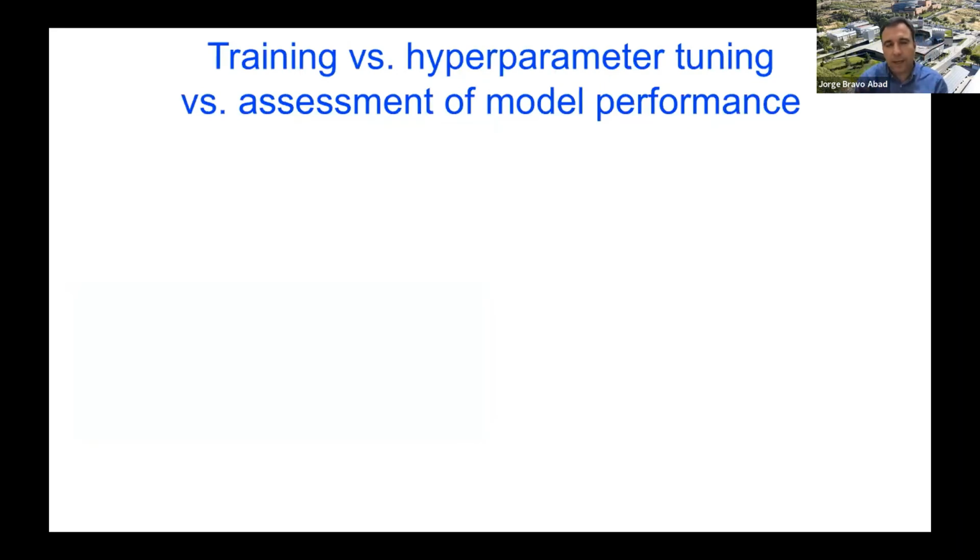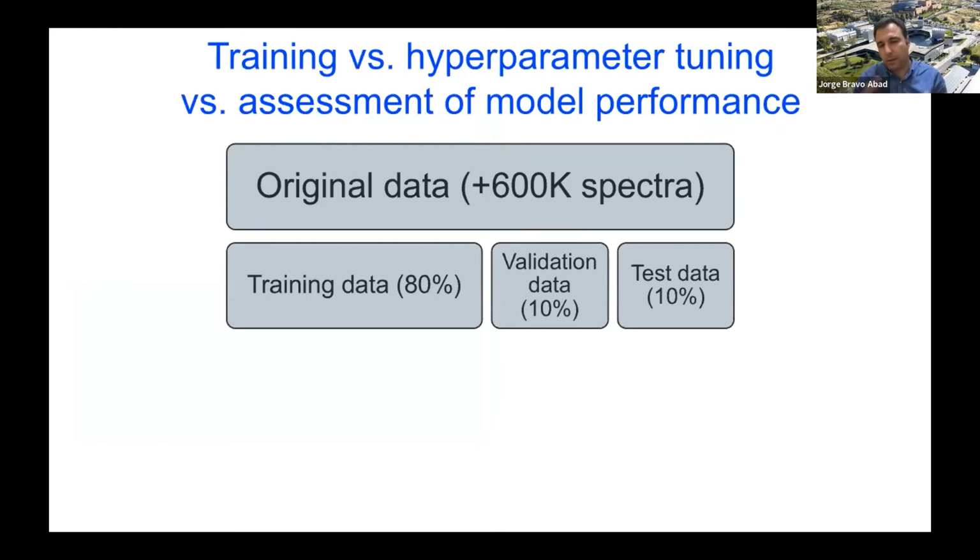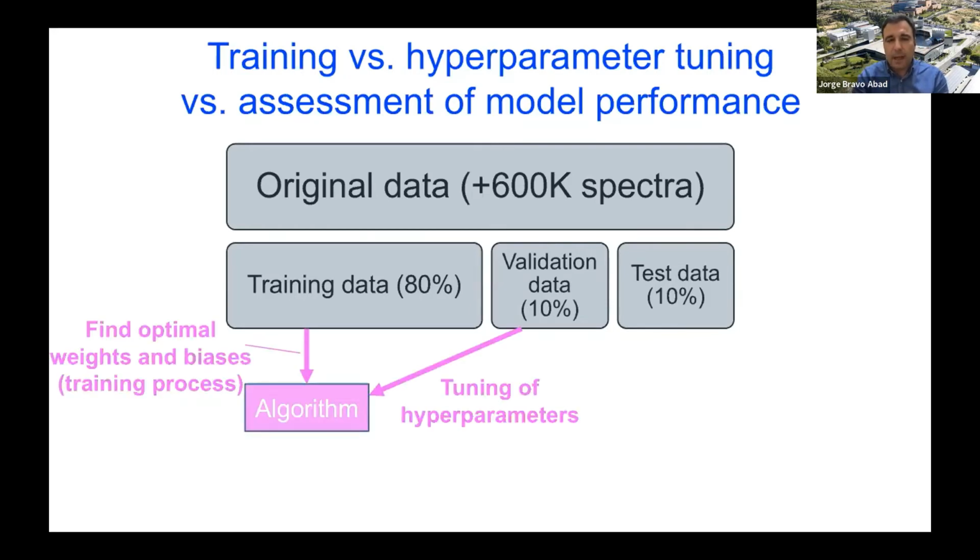So just to be clear, so you understand everything in this work through this application of deep learning, let me tell you a little bit about the interplay between training, this hyperparameter tuning, and the final assessment of the model performance. Essentially, in this case, or almost in any problem in deep learning, you start with some original data. In our case, it is these 600,000 spectra, and you divide it in 3 groups: the training data, the validation data, and the test data. With the training data, essentially, you find the optimal weights and biases that minimize your loss function, that minimize the distance of the predictions of your network with respect to